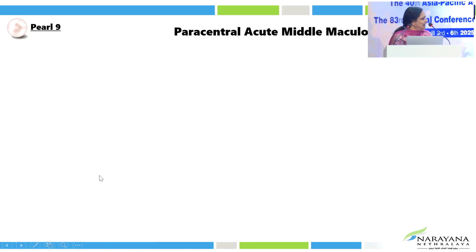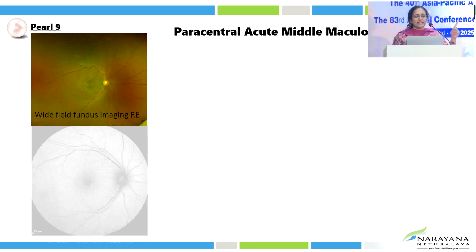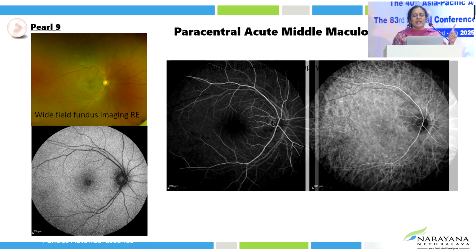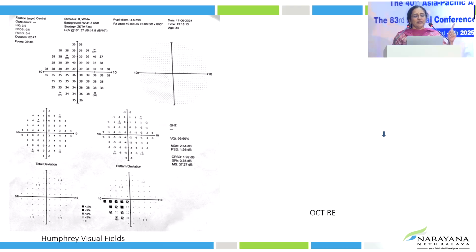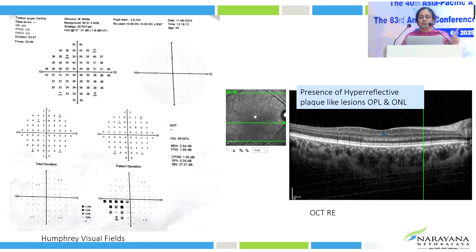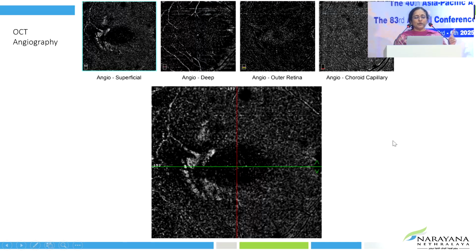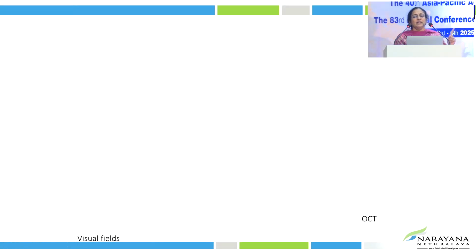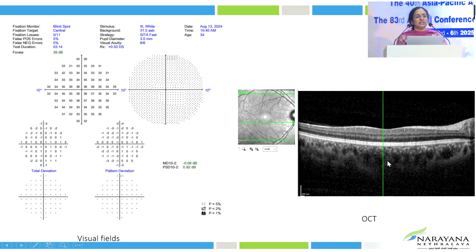Can I complete with this? Yeah. Next is paracentral acute middle maculopathy. Here the patients complain of blurring, they are not able to see, or they are seeing a scotoma. The fundus is normal, autofluorescence is normal, FFA and ICG are normal, visual field shows defects. On OCT, we could see focal areas of hyperreflectivity in the outer plexiform and the outer nuclear layer. Whenever we see this kind of a lesion, we have to suspect PAMM. This patient was put on Ecosprin, following which we could see the resolution of the lesion